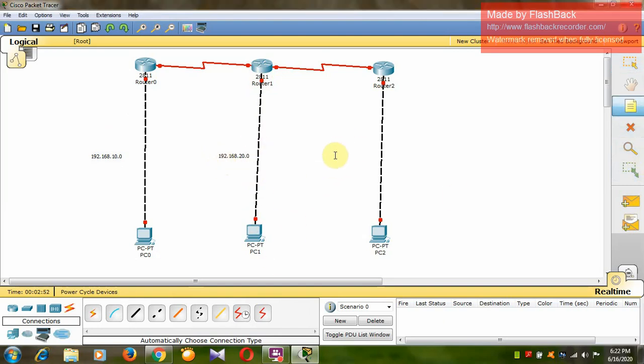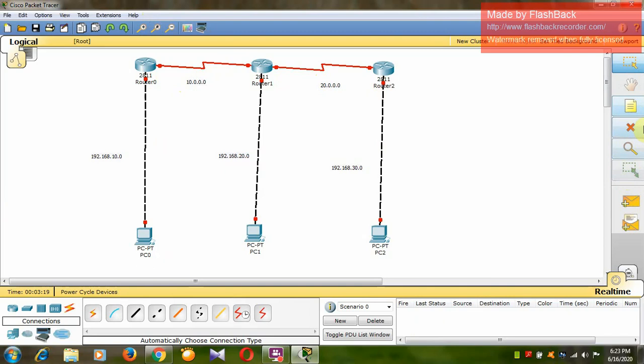Between this router and this PC I am going to take the 192.168.20.0 network. Between this router and this PC I am going to take the 192.168.30.0 network. Between these two routers I am going to take the 10.0.0.0 network, and here I am going to take the 20.0.0.0 network. Okay, so I have assumed some of the networks here.